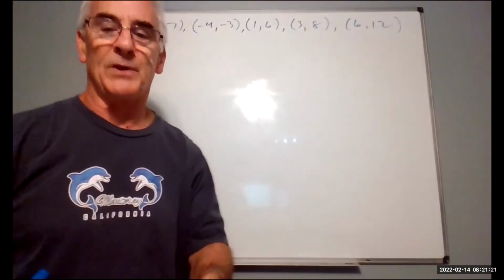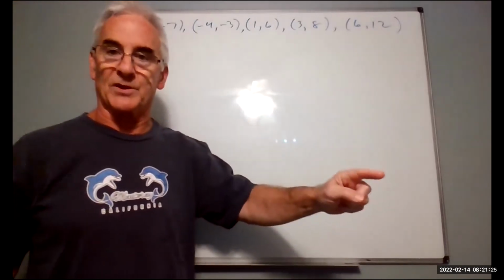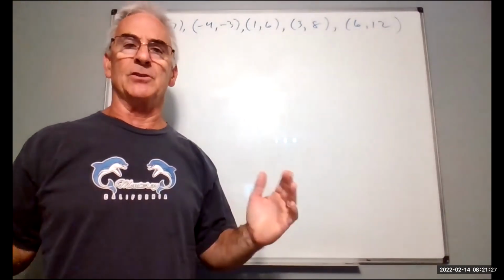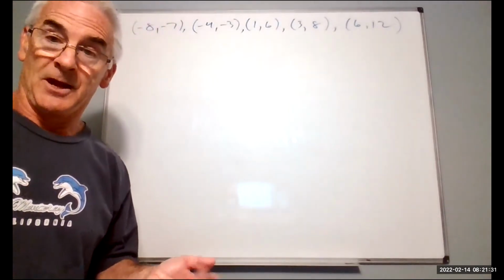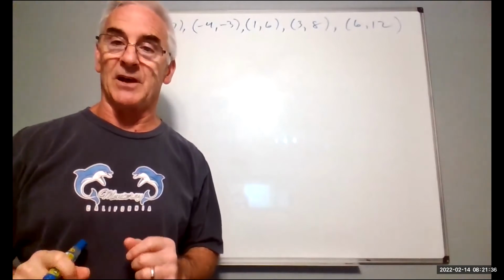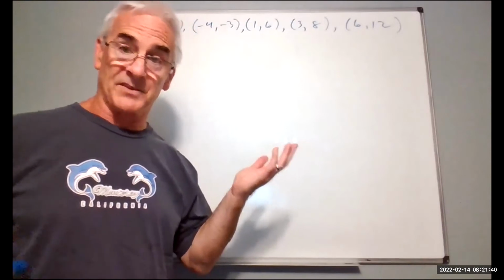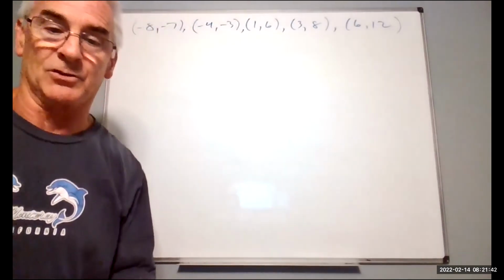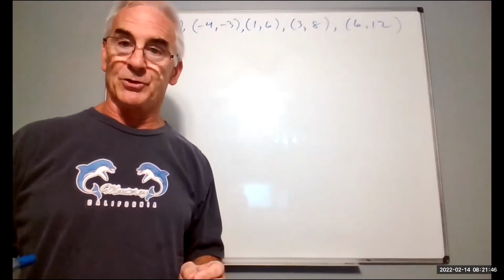My personal preference is always to write it in such a way that the X values are increasing. I don't care about the Y values. I always like to do the X values increasing. And at some point, I actually do like to draw a picture because these are 5 random data points on an XY plane. I'm going to come up with the line of best fit. I'd kind of like to know, how close is my line to these points, kind of as confirmation that I did it correctly. So what we're going to do is we're going to first identify the 3 major matrices, X, X transpose, and Y,